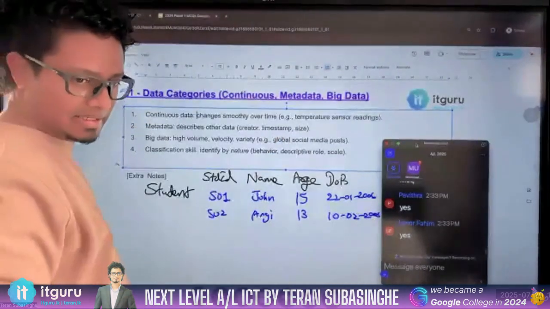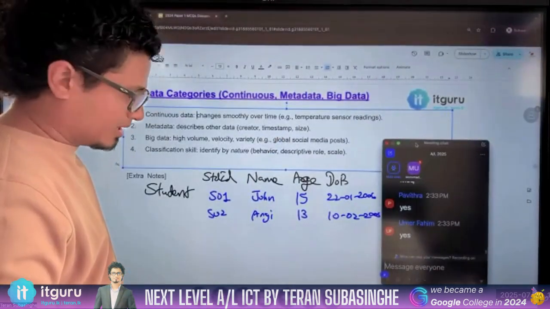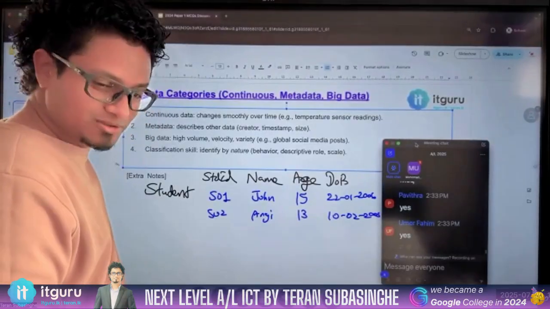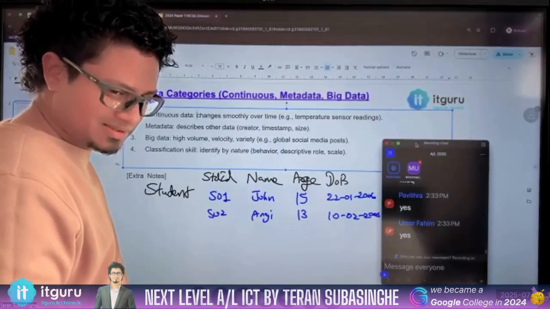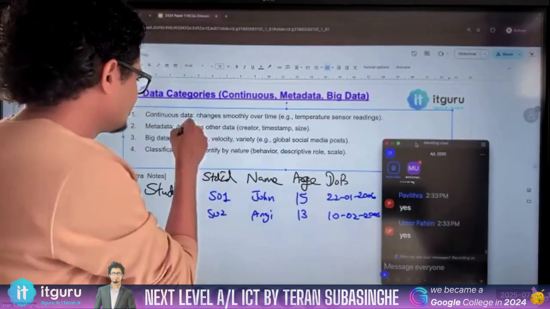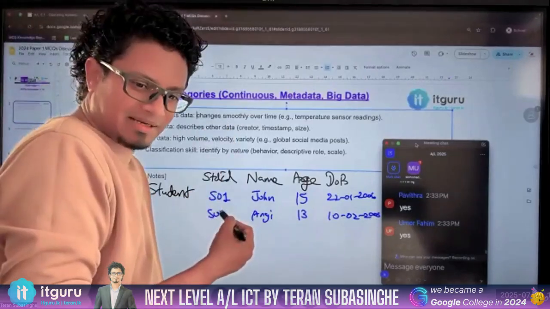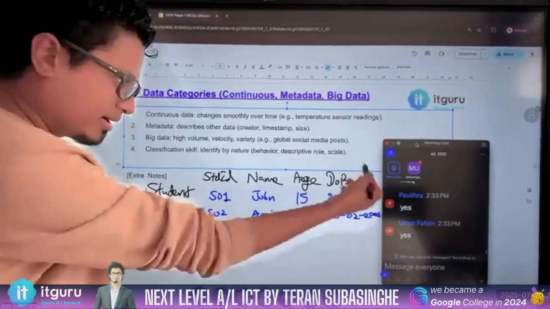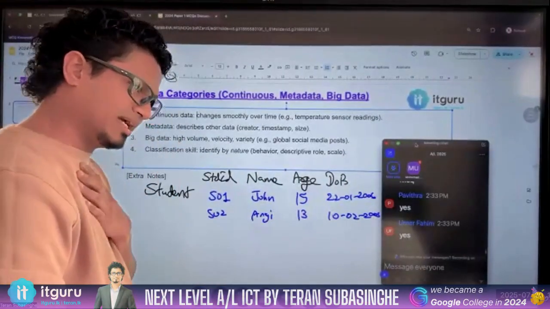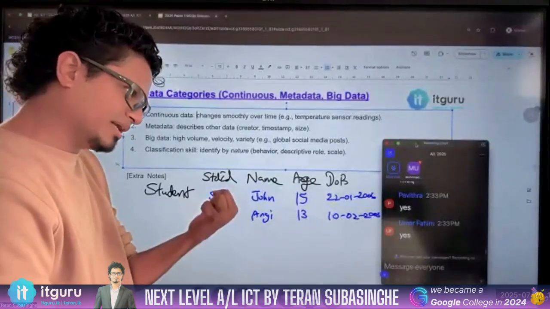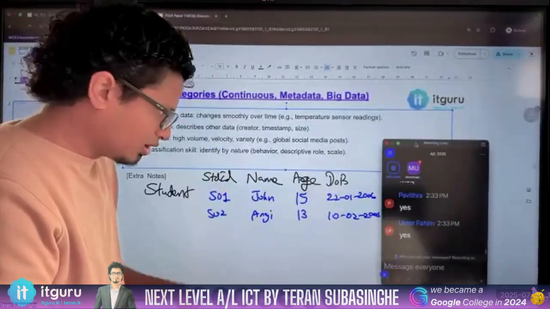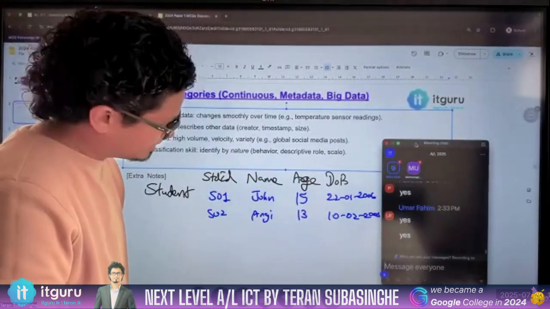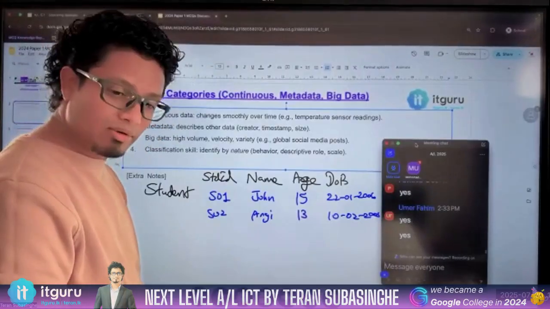Do I have metadata here? Yes or no? If yes, what is the metadata here? It doesn't make any sense, no? You all know the definition: metadata means data about data. But can you agree that you actually don't know metadata? If we give you an example and you cannot extract metadata out of it, you actually don't know metadata. Do you all agree, dear kids? Come on, yes or no? If it is no, then you have to tell me what metadata is. Umar agrees. Others, come on.